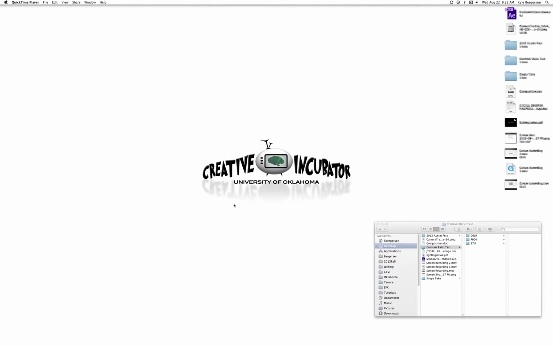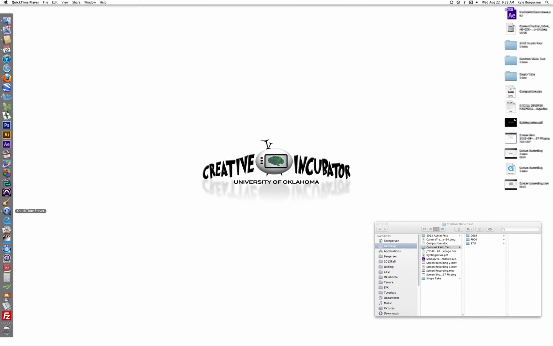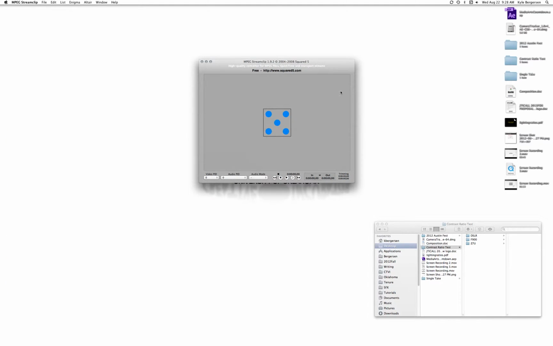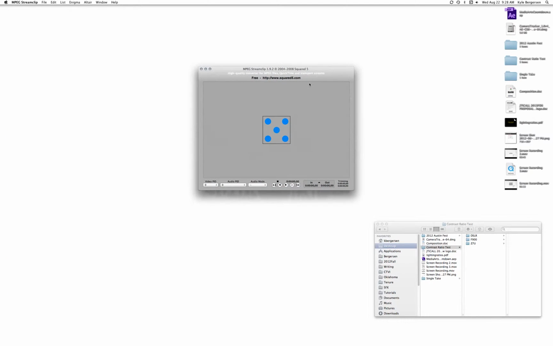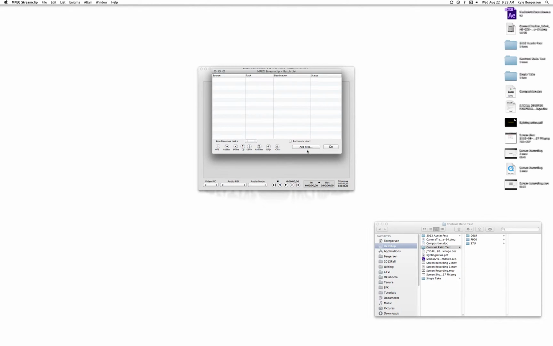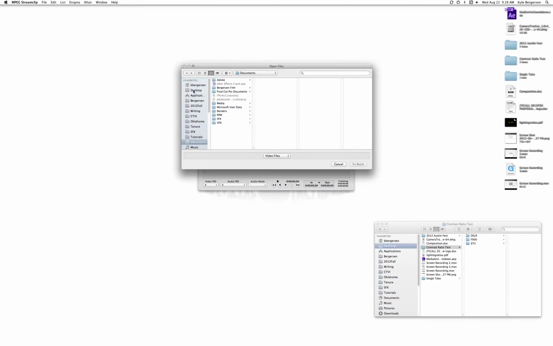So today I'm going to show you guys how to use MPEG Streamclip to import your original media QuickTime files that you'll be creating on your DSLRs. So I'll open up MPEG Streamclip, and what we'll want to do is hit List, Batch List, and we're going to add files. And so on my desktop,